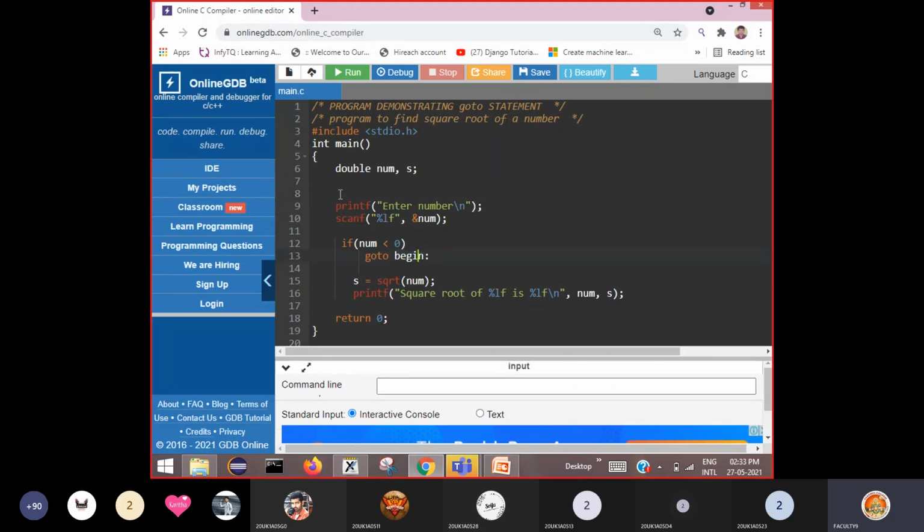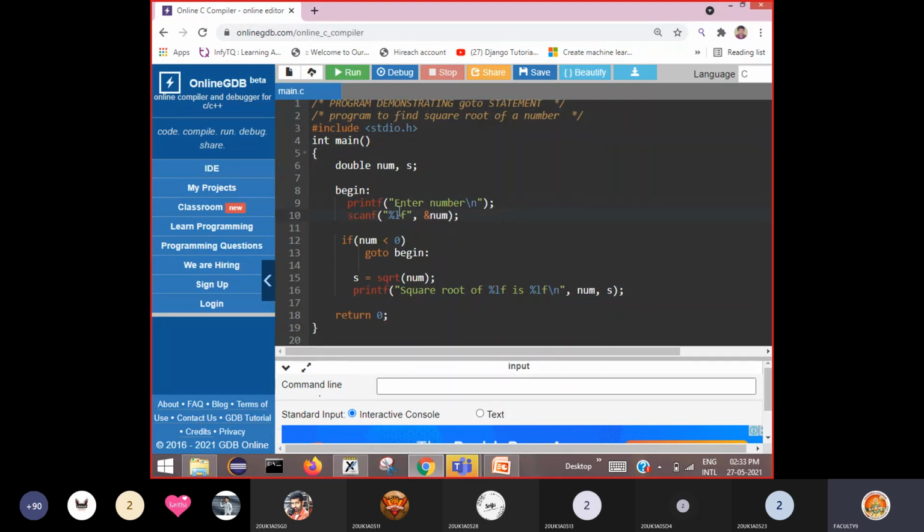You can use any name, x, y, anything you can use here, any variable name. So I am using the label begin followed by a colon. Where you write this name, there you must write the colon. That means this is the beginning of the label here. This is the place where the label is defined. That is the meaning here.